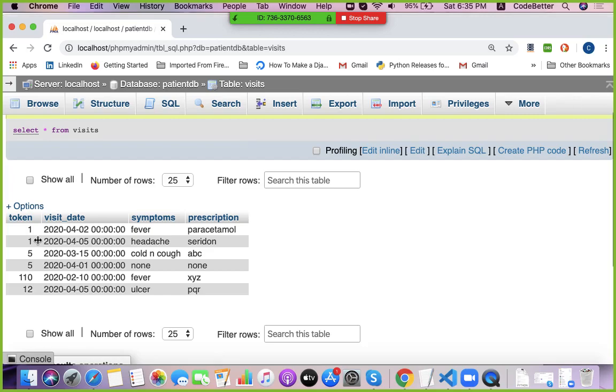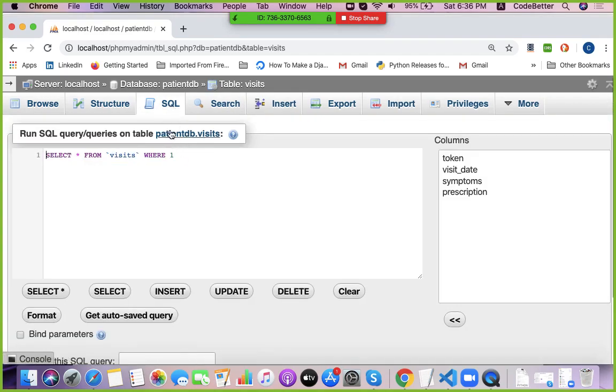So token number here is not unique because there can be multiple visits for a particular token. Now let's check what the names of these tokens are. So 1, 1, 5, 5, 10, 12. Let's check in the patient table.